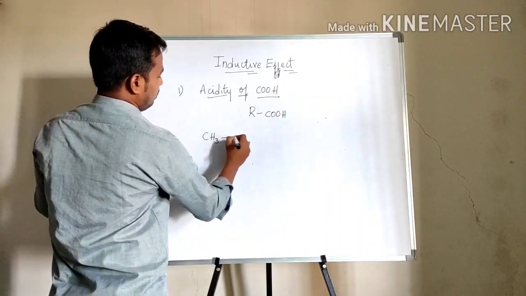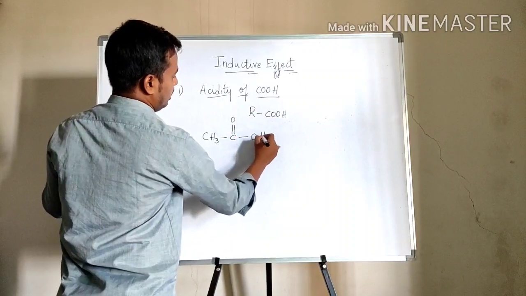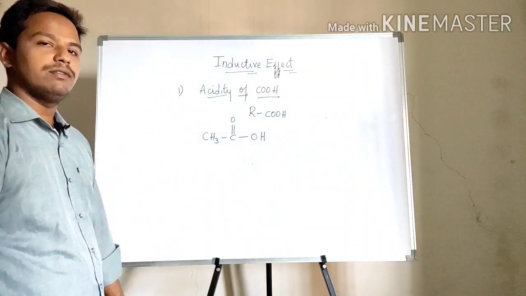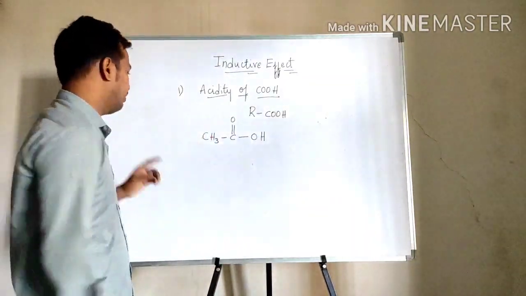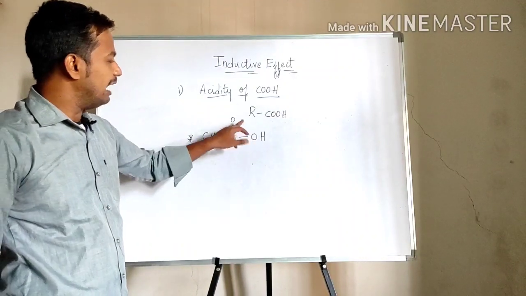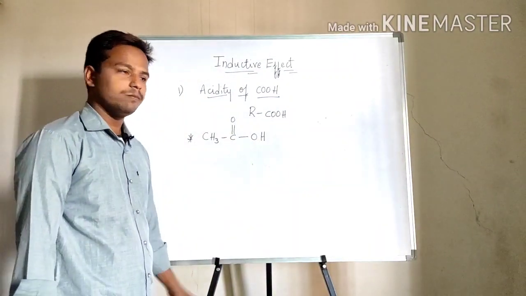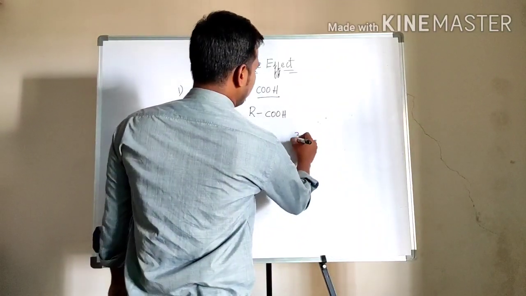CH3COOH. This is the general representation of acetic acid. Oxygen is a very electronegative element,